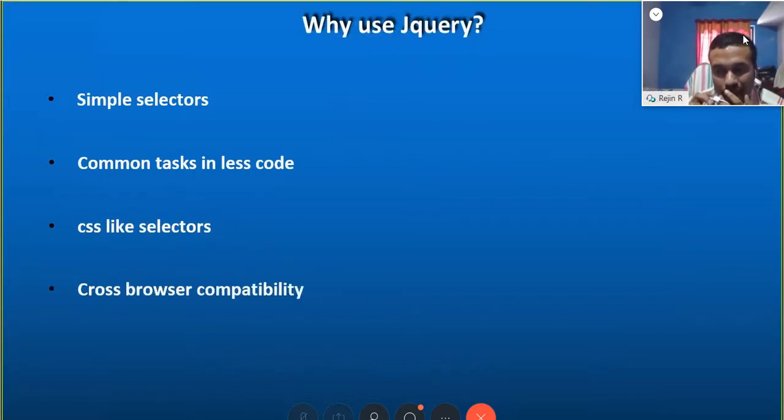Cross-browser compatibility. There can be some issues with DOM accessing in some browsers, but jQuery is so popularized that most websites use jQuery. Most of the browsers support jQuery, and jQuery follows an efficient manner so that it falls back to the traditional way if its features are not available. Cross-browser compatibility is provided as part of jQuery. That's why jQuery is more popular.